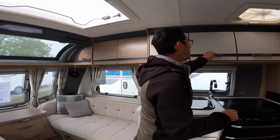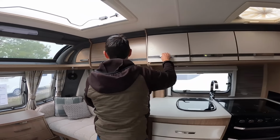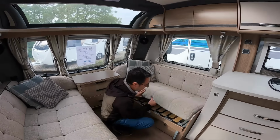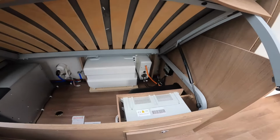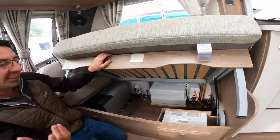But something like the Coachman, I'm positive these have got the solar panel. Somebody asked about one that we looked at the other day, and I was going, oh, I can't find the solar panel. Actually, sometimes they're underneath the seat. So in this one, right, underneath the seat. So if you were going to fit a solar panel,